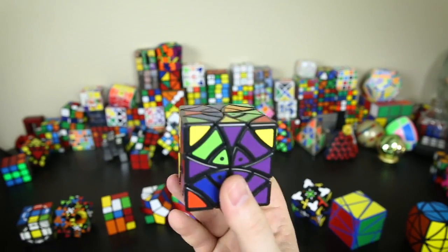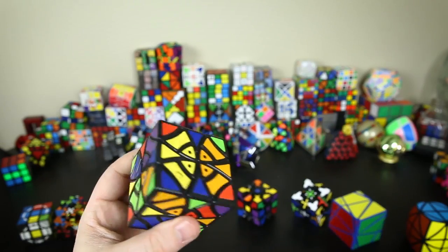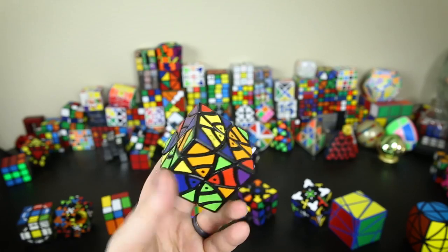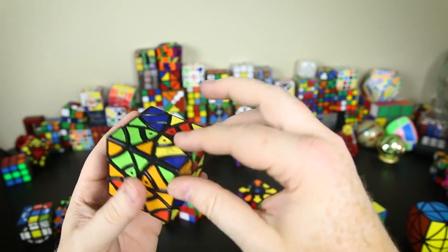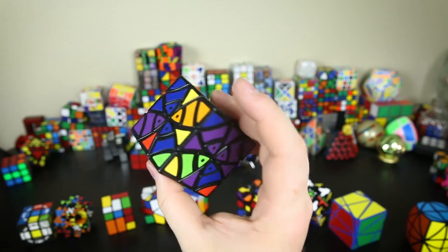So this is the Curvy Copter Plus, and I'm really proud of my solution for this one. It's another one that I've solved, and I've forgotten the algorithms that I came up with. So this is one I have to go back and remember how I solved it. This one is mass produced, and it's a really great puzzle. It turns great. It was invented by Tom Z, and it's a really awesome